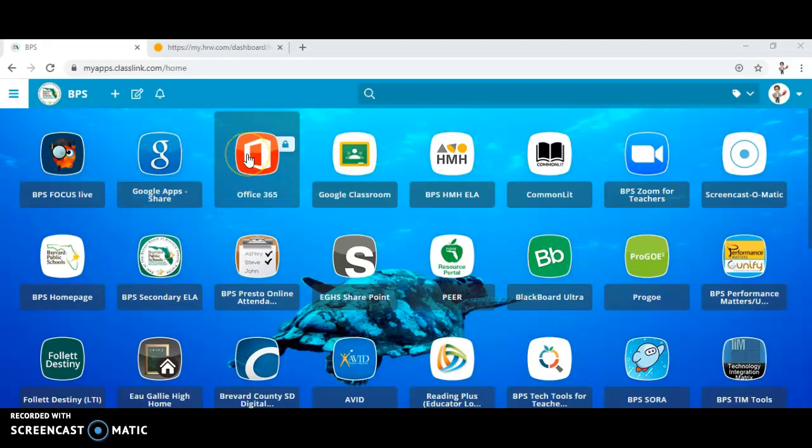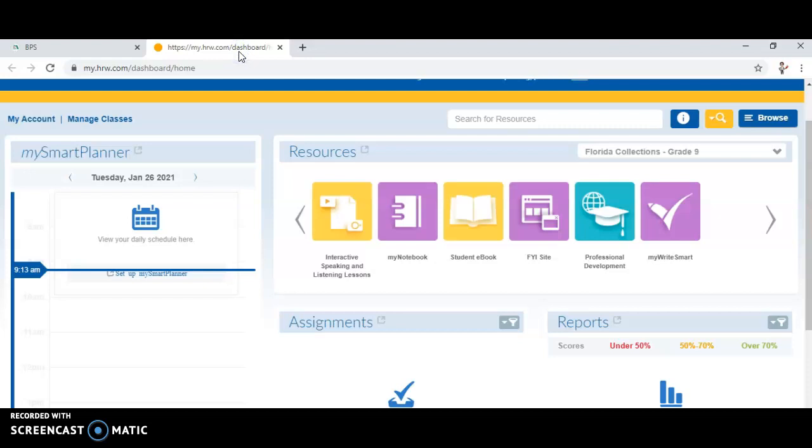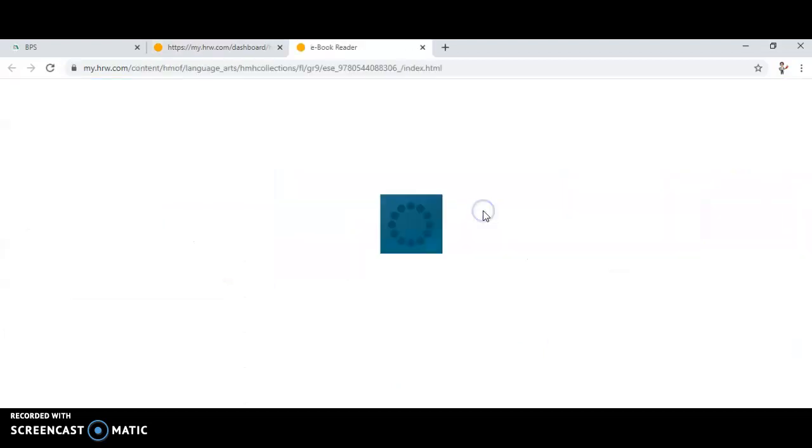So once you're in Launchpad, you're going to click on the BPS HMH app. Yours may say something different besides ELA, but that's okay. You're going to click on that. You're going to pull down over here or wherever it is located for you, and you're going to find Florida Collections Grade 9. You're going to come over to the student ebook,